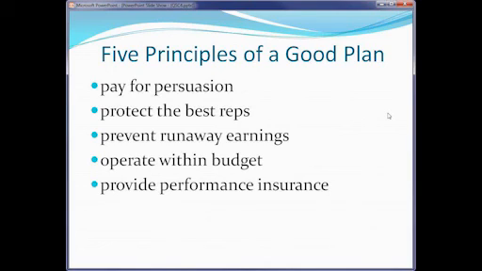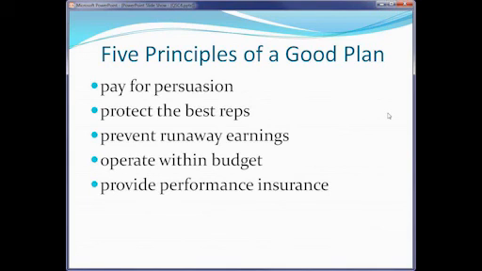Third item is that we should prevent runaway earnings. And one of the elements that we've all seen is we'll put a new plan together. It won't cover all the bases, unfortunately, but we don't know that when we put it in. And then sometime after the plan goes in, somebody walks in with a $10 million sale, and the way that the plan is done, the salesman is going to walk away a millionaire. And this can be problematic because there generally isn't enough profitability to make that happen. But if we have an inappropriate mechanic in the plan somewhere, then we wind up with a difficulty.